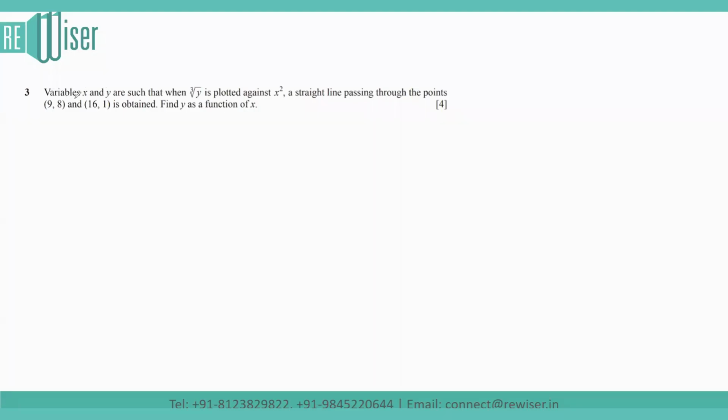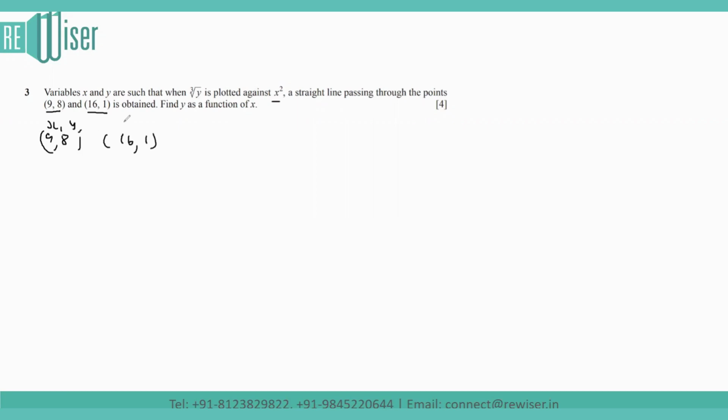Hello students, the question says variables x and y are such that cube root of y is plotted against x square. A straight line passing through the points (9, 8) and (16, 1) is obtained. We have to find y as a function of x. So first we'll assume that these two points, (9, 8) and (16, 1), are (x1, y1)